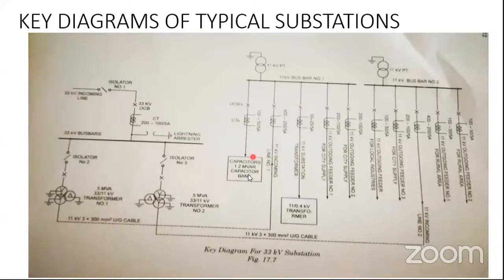We have capacitor banks for power factor compensation. We have various other supply lines that can be fed for stepping down the voltage further to meet normal loads, connecting the line to various commercial and industrial loads. Now, with this basic setup for a 33 kV substation understood, we'll move on to the